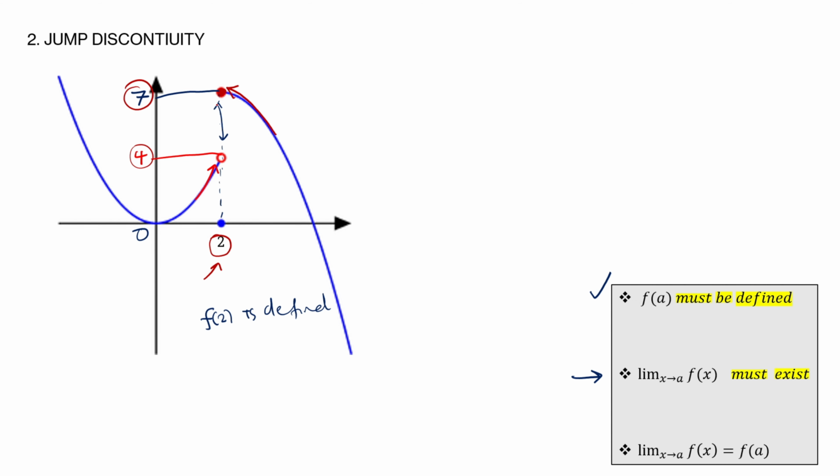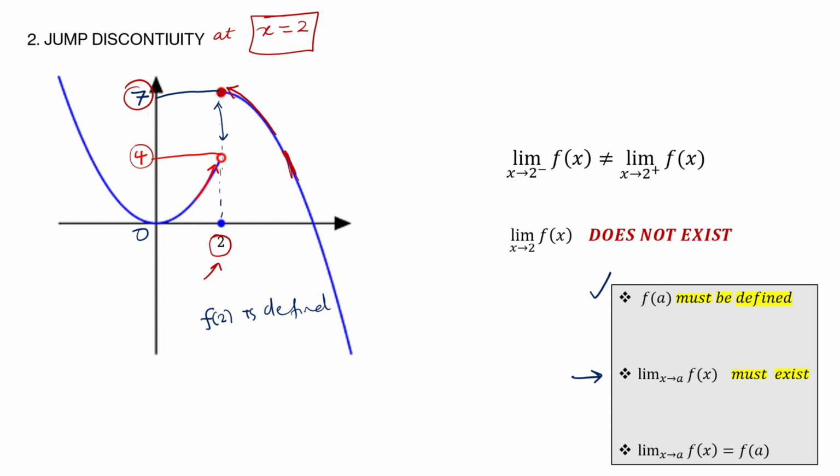So once the graphs are disconnected, once there is a distance between the graphs, you already know that the limit does not exist there. So in this case, the limits as x approaches 2 from the left and the right are not equal. So there is a what? There is a jump discontinuity at x equals 2. You must be specific that there is a discontinuity at this particular value, because here it is continuous all over, but only at x equals 2 there is a discontinuity.